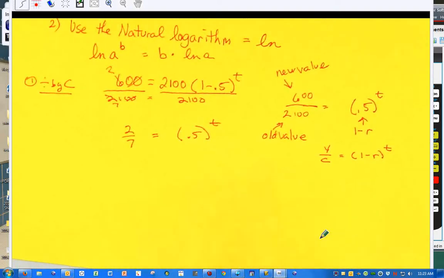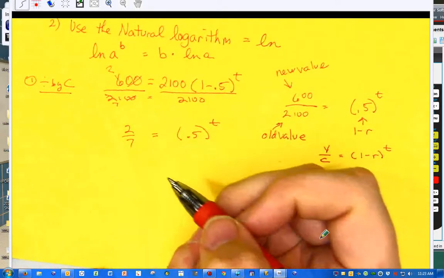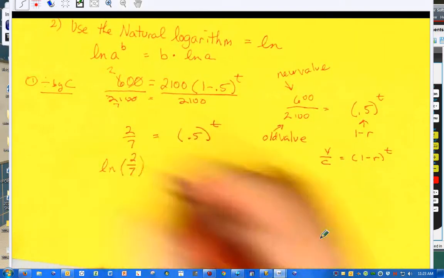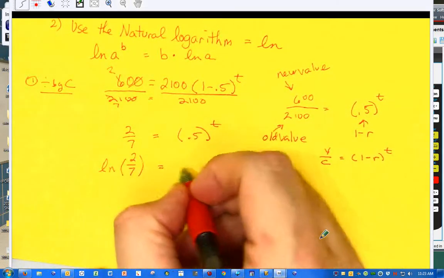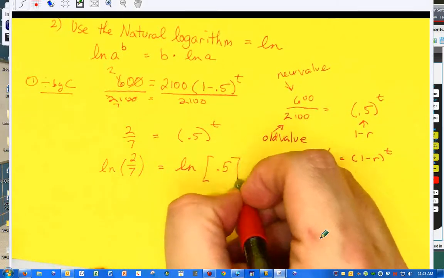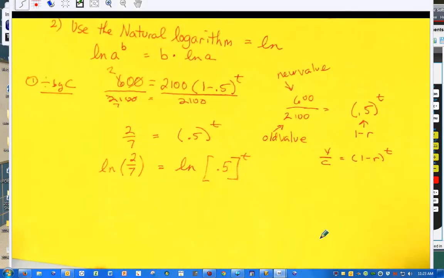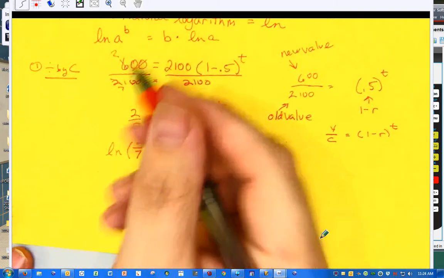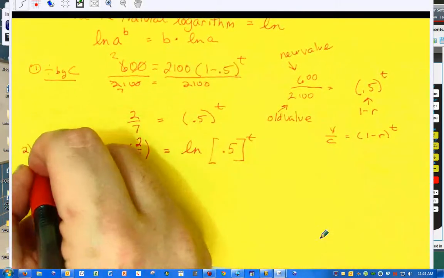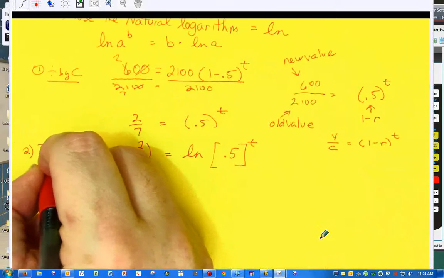Since we took the natural log of both sides, I have the natural log of some number raised to a power. I can take that power and put it out in front as a coefficient of the natural log. I want to solve for t, so divide by the natural log of 0.5, divide by the natural log of 0.5, and now